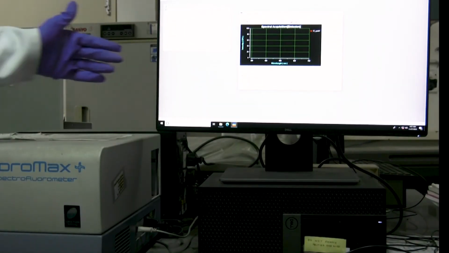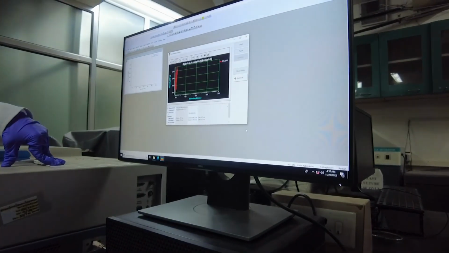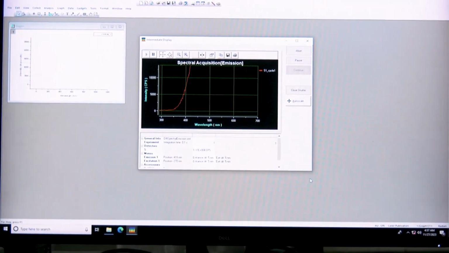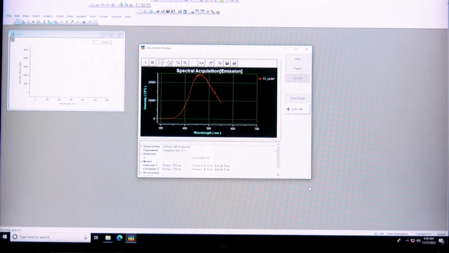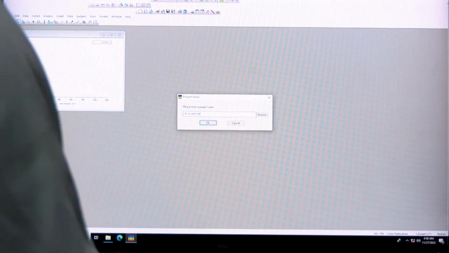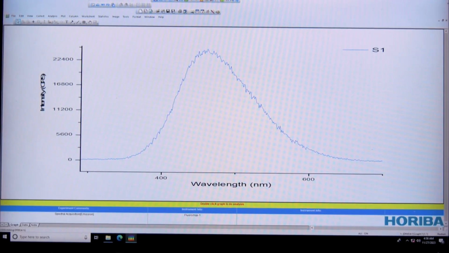You can see that it has started collecting the emission data from the sample. To save the file, we will enter the sample name and click OK to save it at our desired location. You can see the PL spectra on the screen for the carbon dots synthesized using the hydrothermal method.